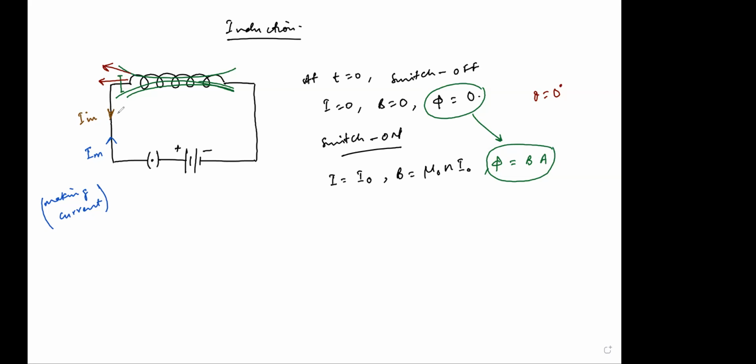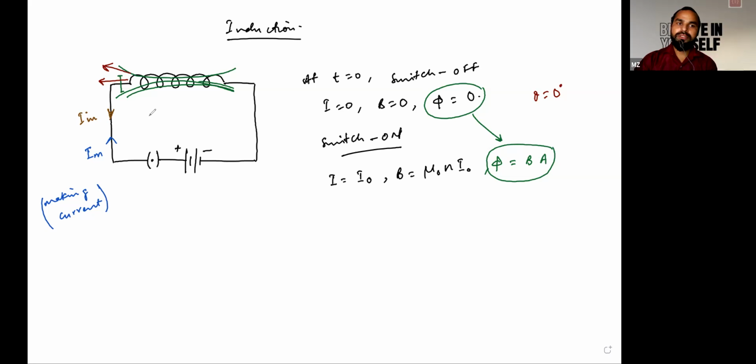Right. So this phenomenon of inducing EMF due to changing of flux within the same coil is called self-induction. So induction is nothing but induction of any EMF or current due to changing or variable current passed through this particular coil. It is of two different types. First is self-induction, and next one is mutual induction, which you have already learned some part.